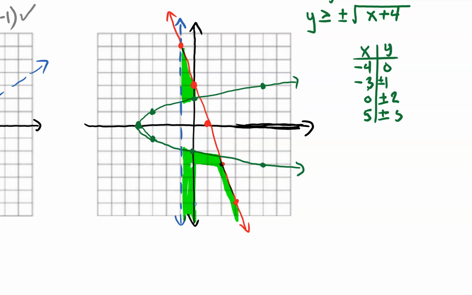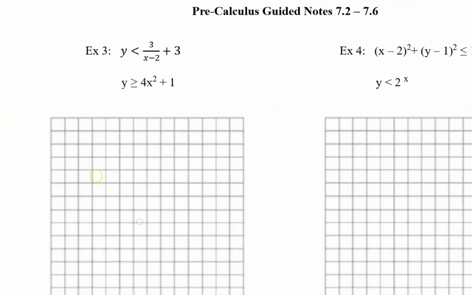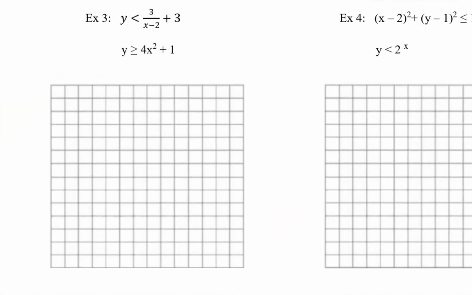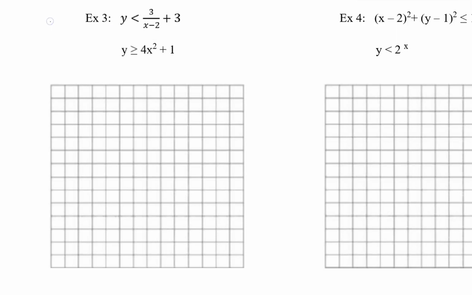So all of this area would also be part of your answer. And if you're not sure, pick a point, test it, see what you come up with. Let's take a look at this next one. Now, this one's a rational function, and to graph this one, we'd start with the same idea